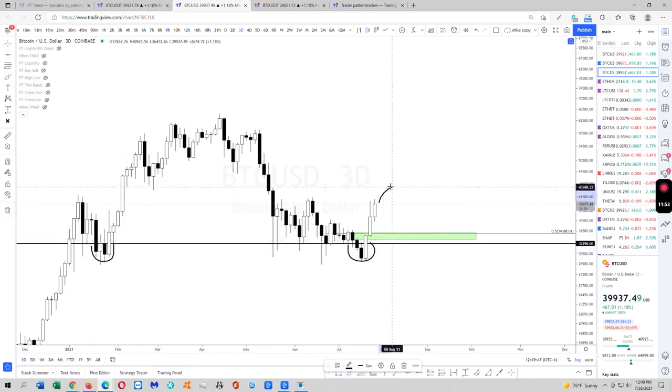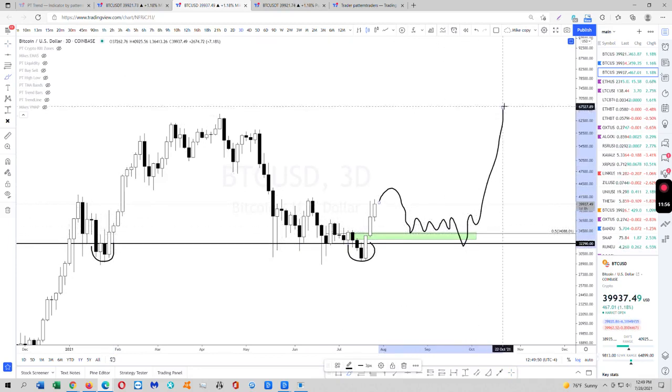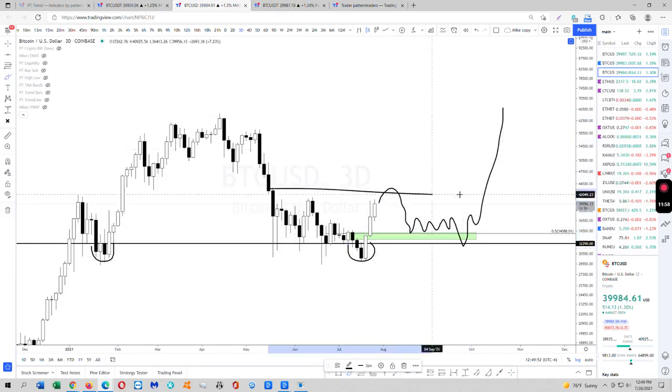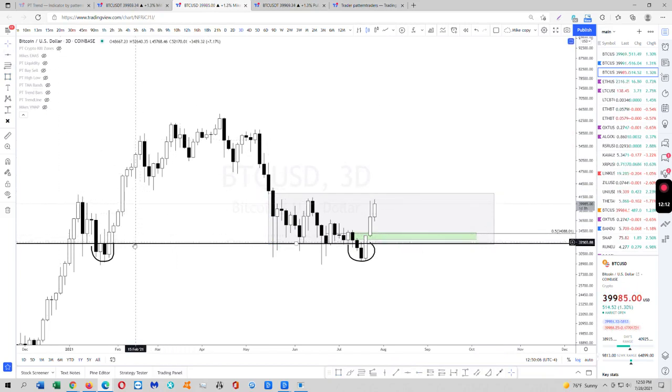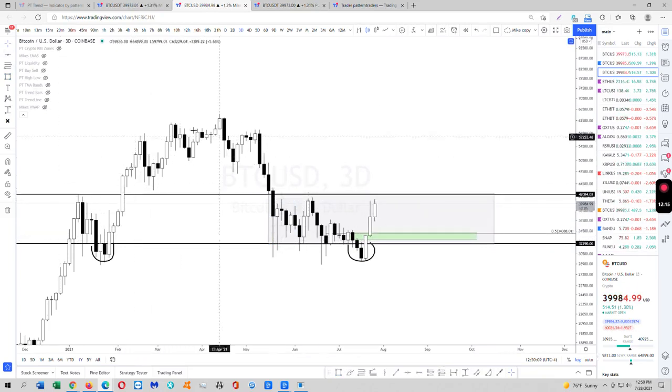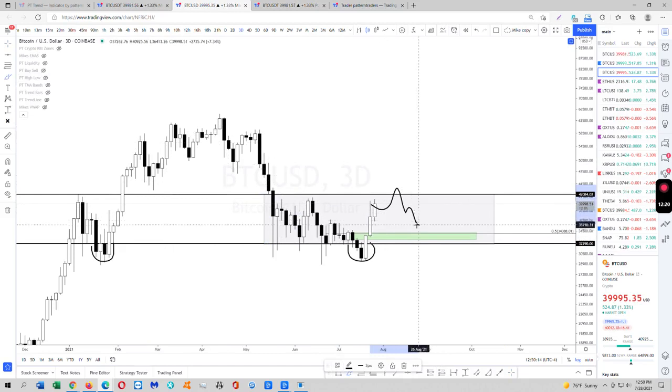So now, if we do happen to go up and come back down, that would be the most beautiful reaccumulation range that you can imagine. How beautiful would this be if we get this? Tell me. Right? And just accumulate until like the fall time and then just explode once some kind of news comes out, or I don't know what they're going to do for us to get another drive back up.